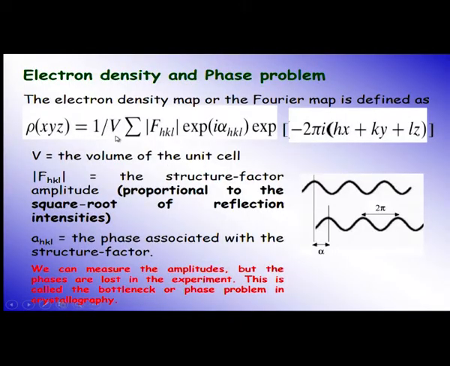As you see in this equation, which is called a Fourier synthesis, the electron density at any point x, y, z equals 1 by V, where V is the volume of the unit cell, times a triple summation over the Miller indices H, K and L. The coefficients in the Fourier synthesis are not only the structure factor amplitude of each Bragg reflection, which you get from the experiment by taking the square root of the measured intensities, but also the phase angle of each Bragg reflection, which is not coming from the X-ray diffraction. This is known as the bottleneck called the phase problem in crystallography,